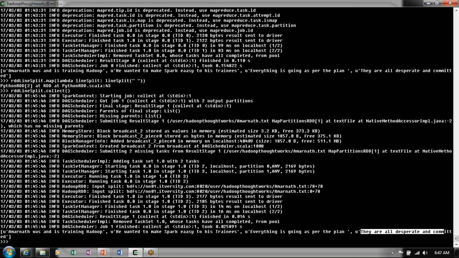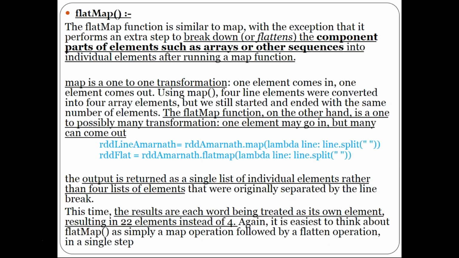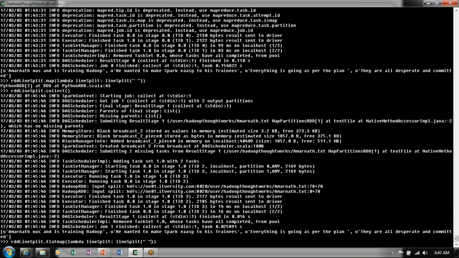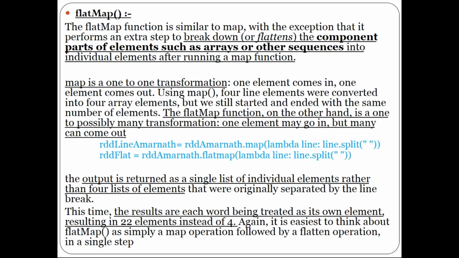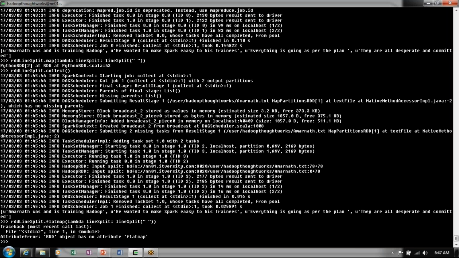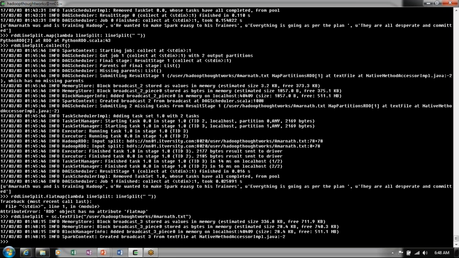I'll explain. This is your map function, right? I'll just do something, sorry, flat map. I changed map to flat map. Oh, it doesn't have flat map. We have not defined it actually. So what I need to do is, I will do it like this. RDD line split is fine, which is perfect. And then you apply